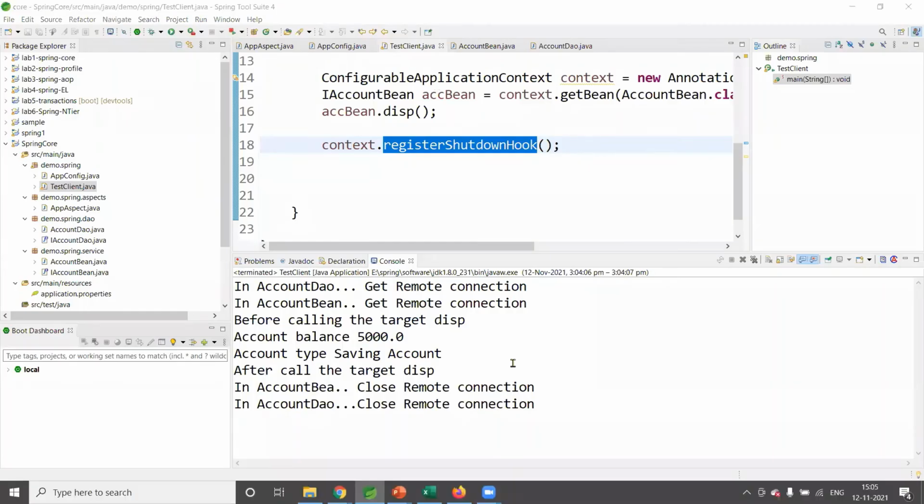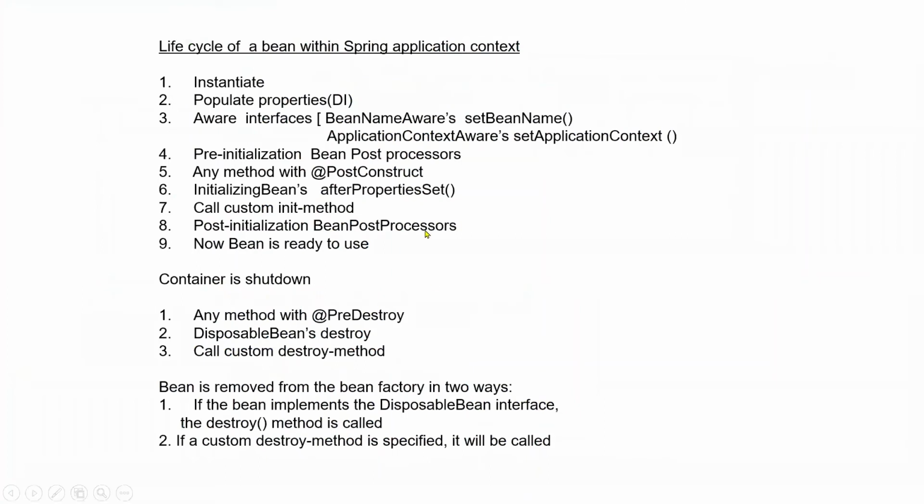Now let us create one bean post processor, because you know bean post processors are special beans, they're registered to the factory. As part of the life cycle, every bean must go through the bean post processor, right? If you look at the life cycle here, instantiate, populate properties, then there's pre-initialization of the bean post processor and post-initialization of the bean post processor.